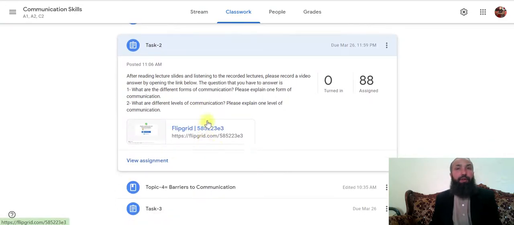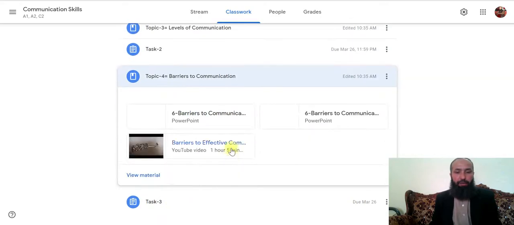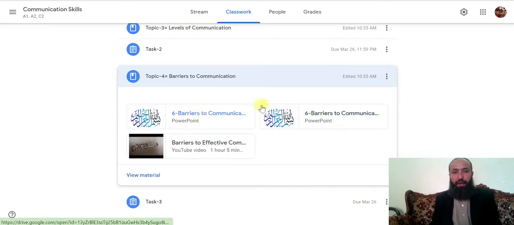At the beginning you will face some problems, whether your device is not compatible or certain issues, but once you are connected with Flipgrid, then ultimately during the entire semester you will be getting a lot of opportunities to learn a lot of things. So there are 3 tasks for you, and you have to complete these tasks before or on 26 March. For every lecture, for every topic, I have shared the material also.